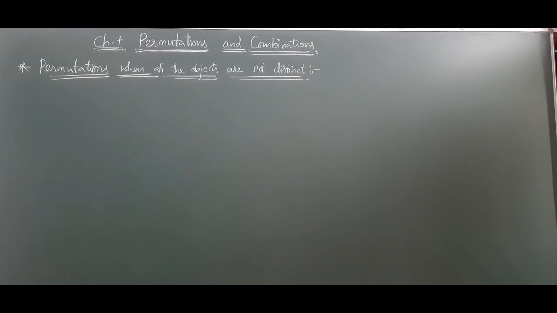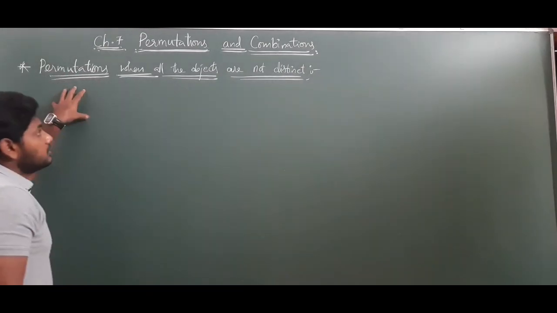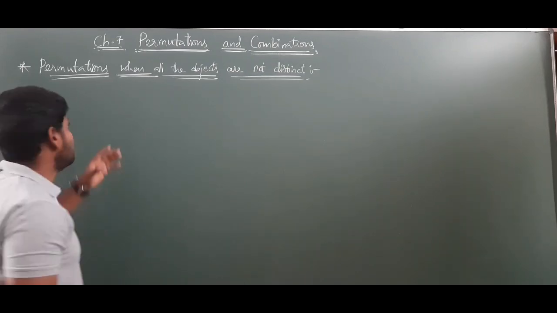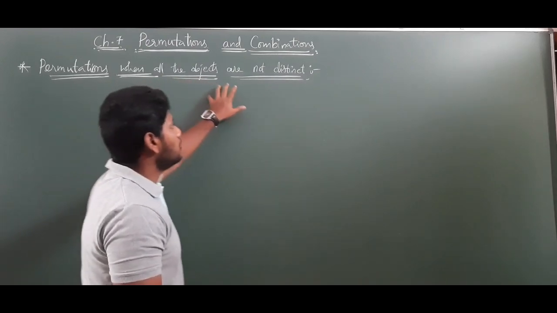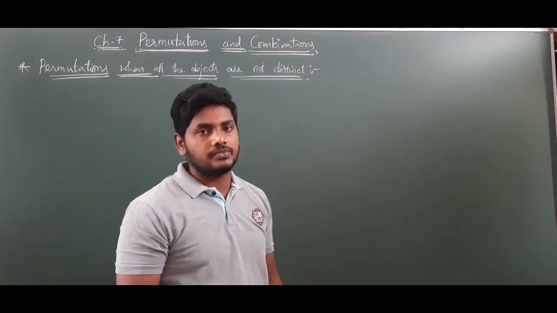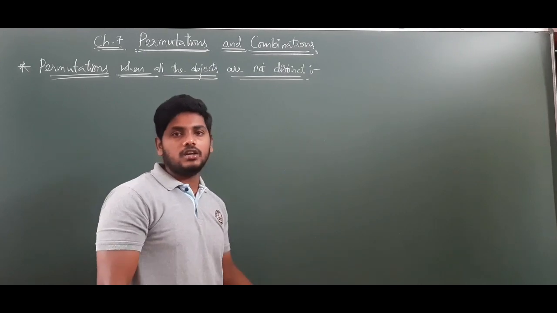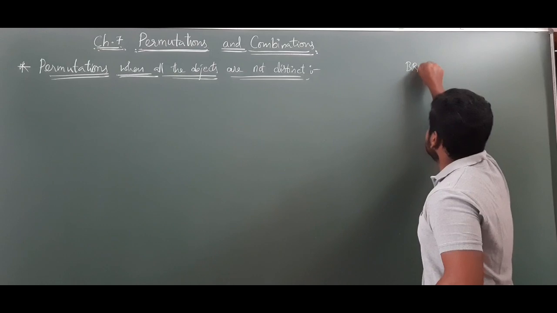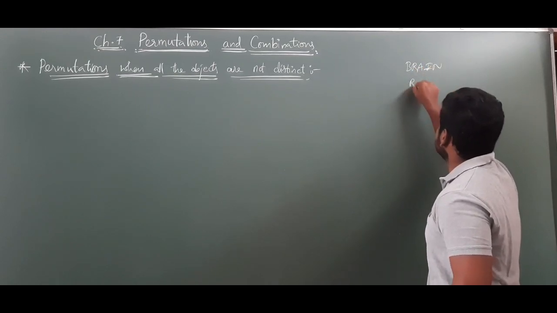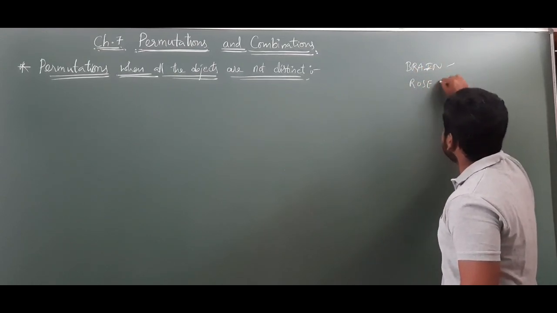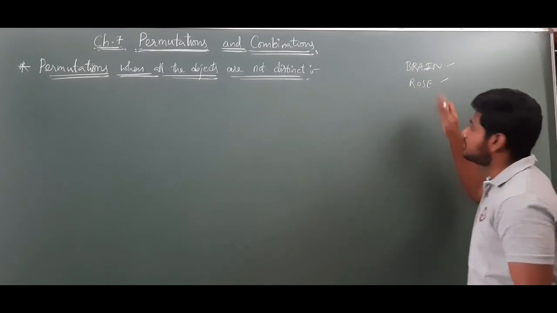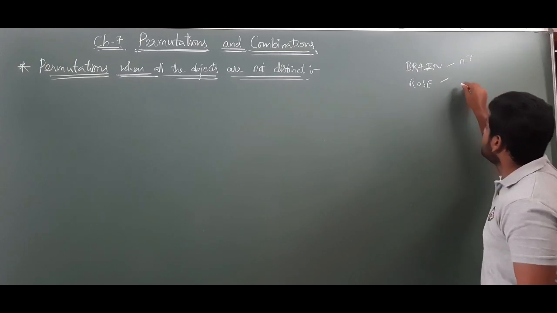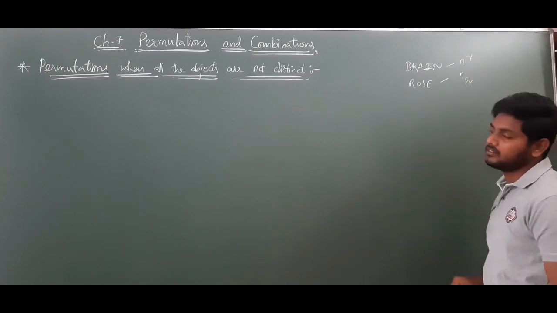See, this is another concept. This is used to find the number of permutations if they ask you to find it when all the objects are not distinct. Not distinct means not different, some may be repeated letters. See, in the words brain and rose, all the letters are different, B-R-A-I-N. For that, repetition allowed means n to the power of r, repetition not allowed means nPr. We have two formulas, right?